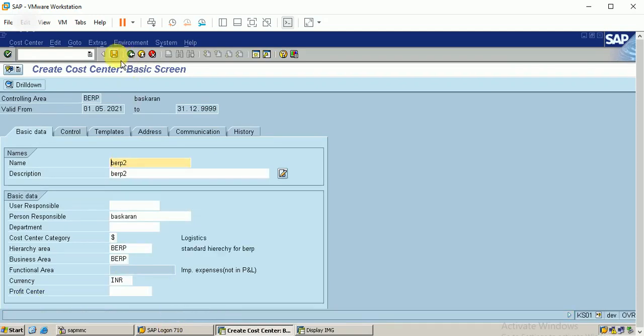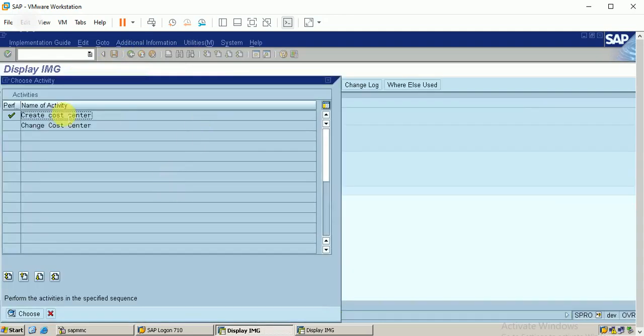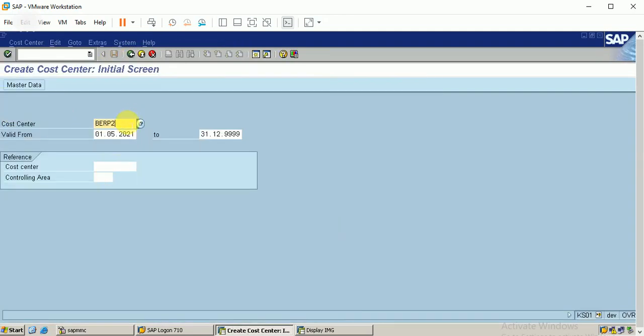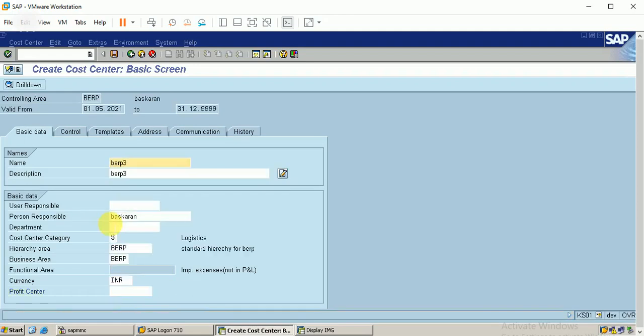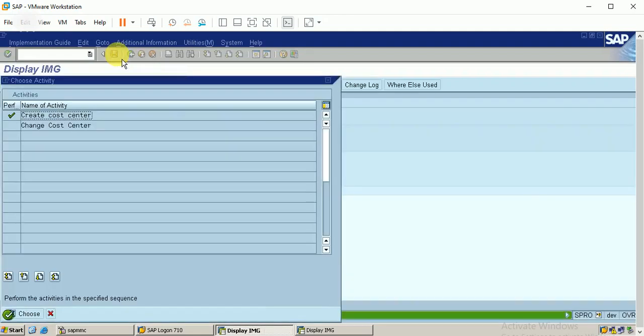I will make it clear in my next steps. I'll just create a cost center now. The same cost center category, the same business area. Okay, I've created all the three.